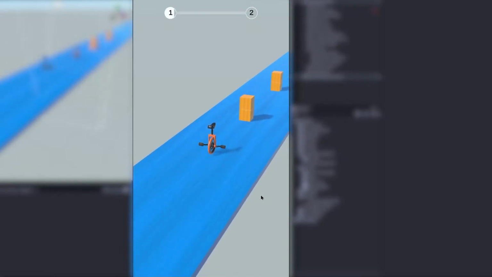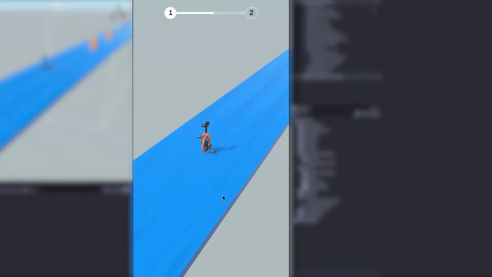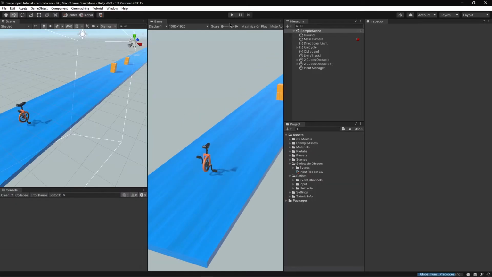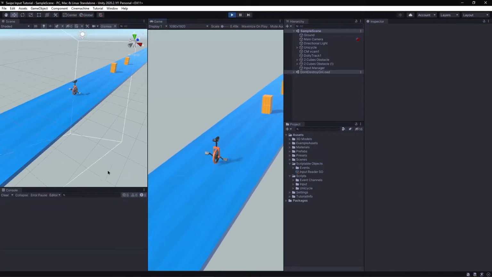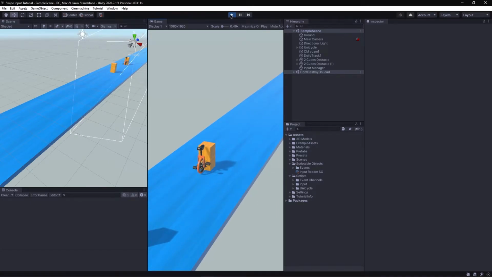Hello there. This is another of those short tutorials of my Quickie series on how to make a progress bar. This concept is similar to my previous tutorial if you haven't watched it already. So this is a basic setup where the unicycle game object keeps moving forward and changes lane according to swipe direction. Now I want a progress bar on top showcasing how far the player is from the finish point.